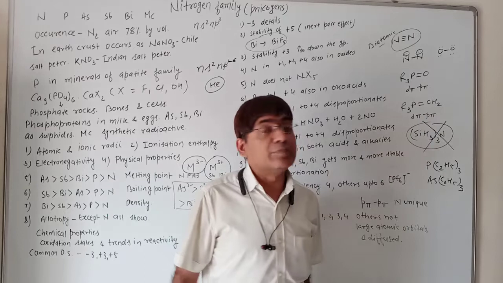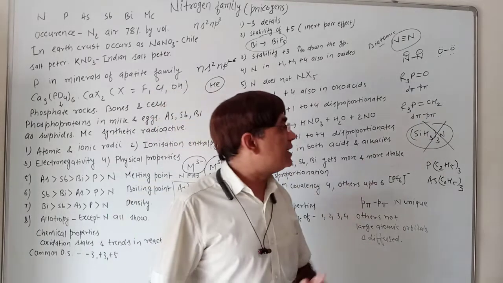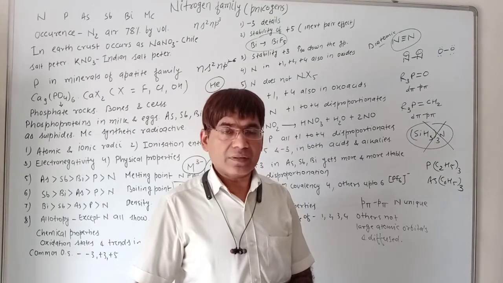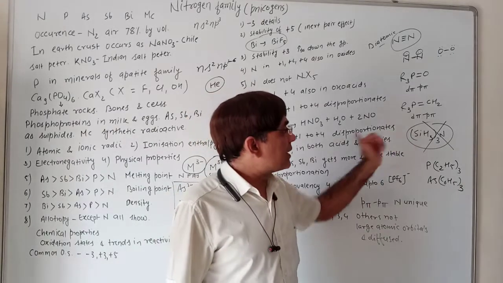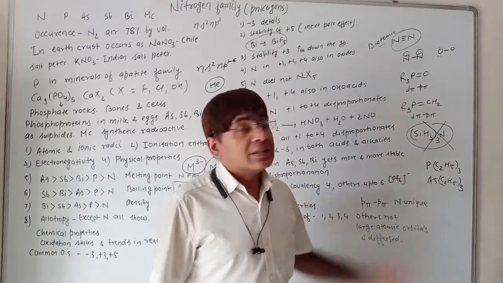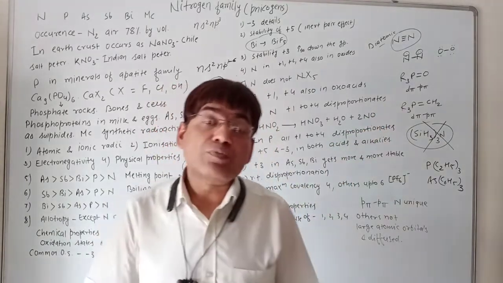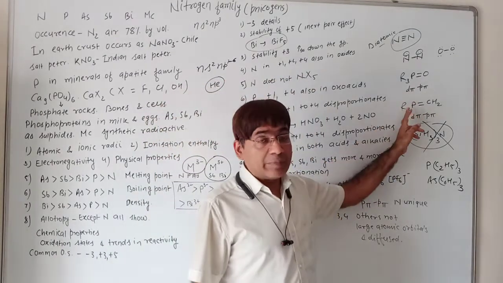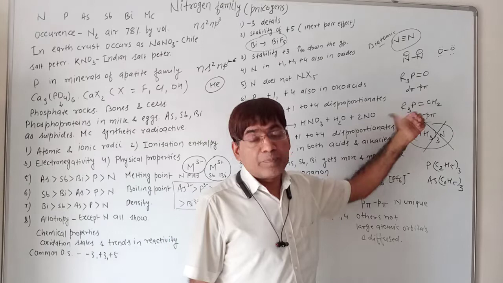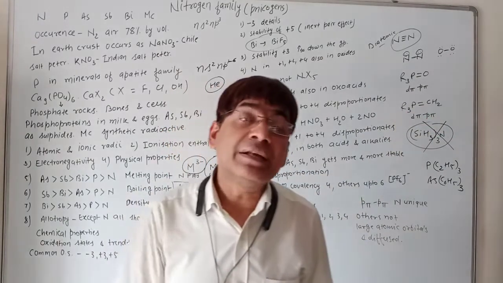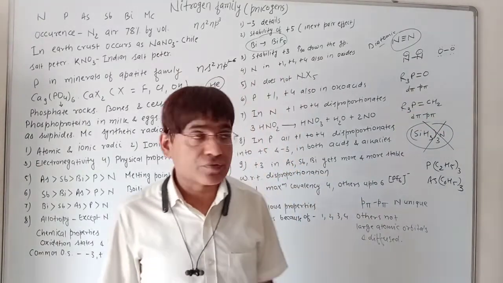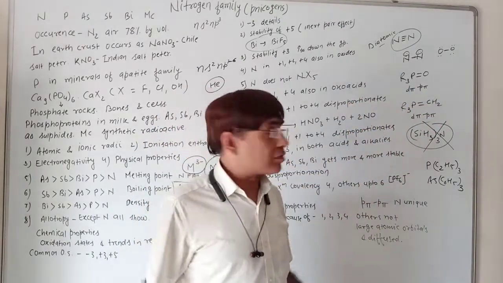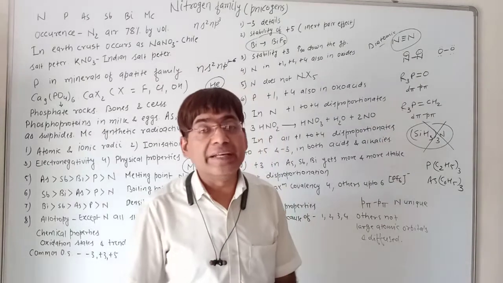Here the pi bond present between phosphorus and carbon is again d-pi-p-pi. Is it clear? This is that d-pi-p-pi bond. So phosphorus can form pi bond with small sized atoms like oxygen and carbon, but this pi bond is d-pi-p-pi, because the orbital which is utilized in pi bonding is the d orbital of phosphorus, and oxygen and carbon participate with their p orbital, and hence the pi bond formed is d-pi-p-pi.